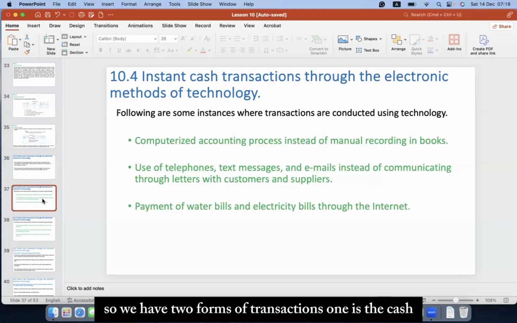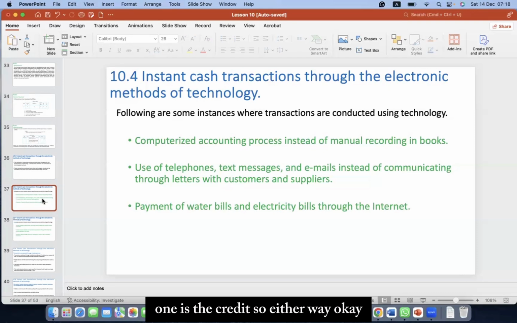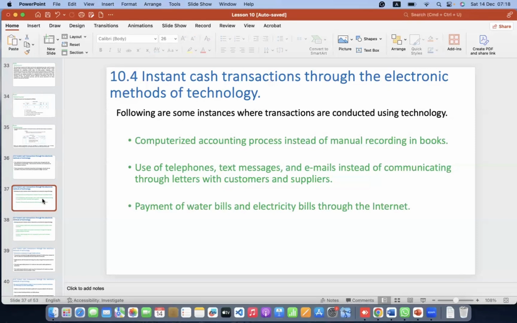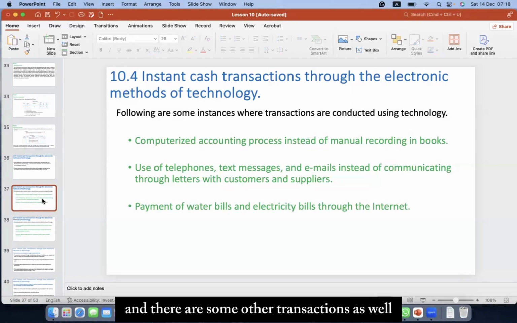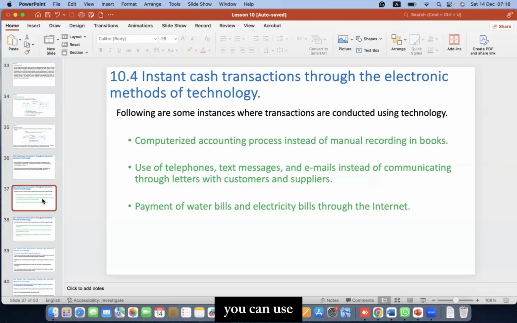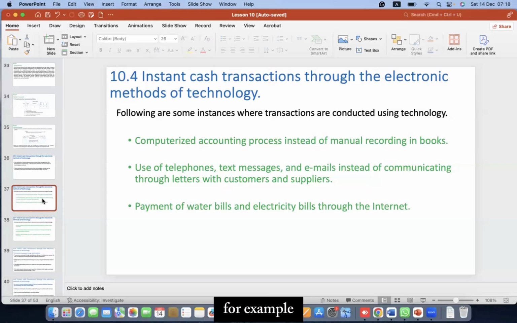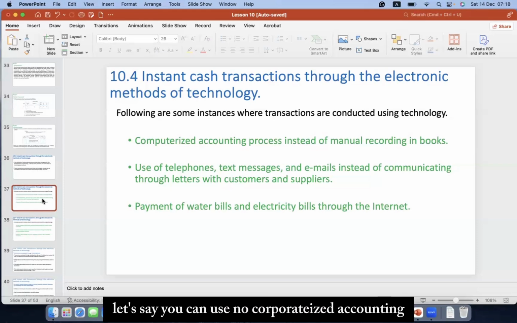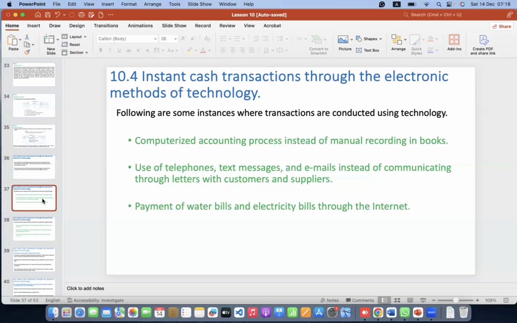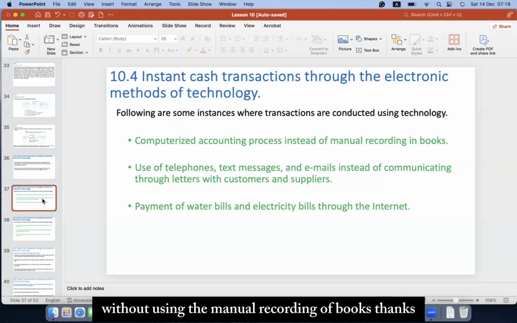So we have two forms of transactions. One is cash, one is credit. So either way, we can use these, and there are some other transactions as well. But whatever the circumstances, you can use technology as indicated below for this process. For example, you can now use computerized accounting for the preparation of accounts without using the manual recording